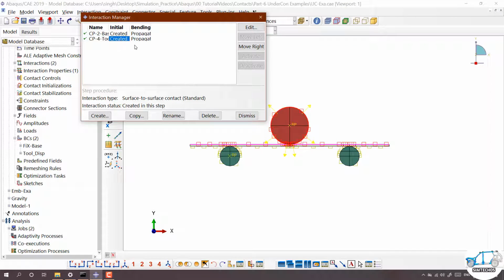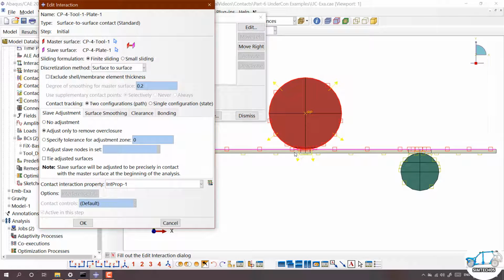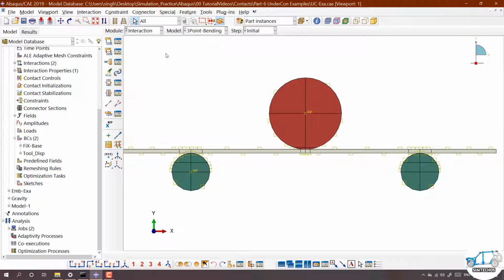Then the contact between the tool, the component which is going to press the plate, and the plate. Here also we have an interaction definition and the adjust option is checked on. We are not using any tied options or anything like that which we utilized in the previous video. So I am going to dismiss this and go to loads.